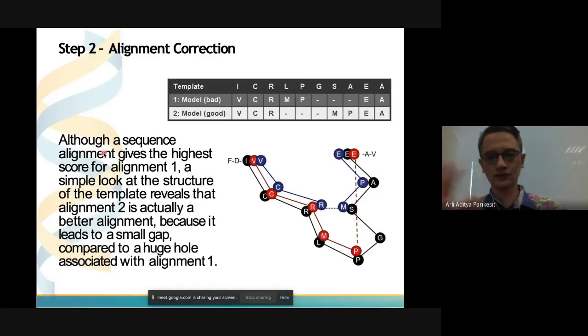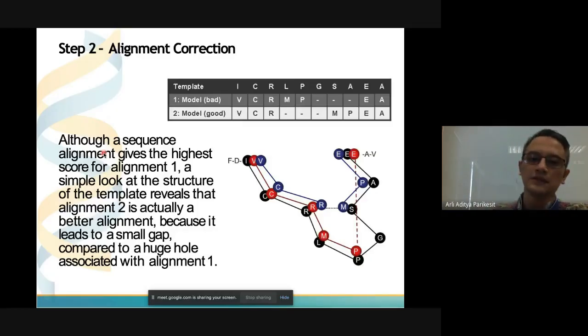And then after you correct the alignment, it's time to correct the structure. Provided you have this template, the thing in black, there are two possibilities of model, model 1 and model 2. Why is model 1 bad and model 2 good? Let's see.